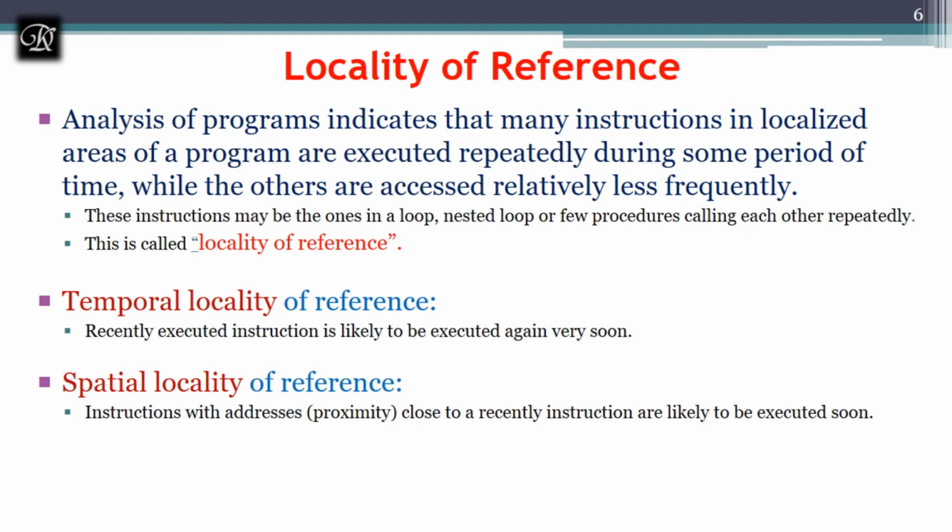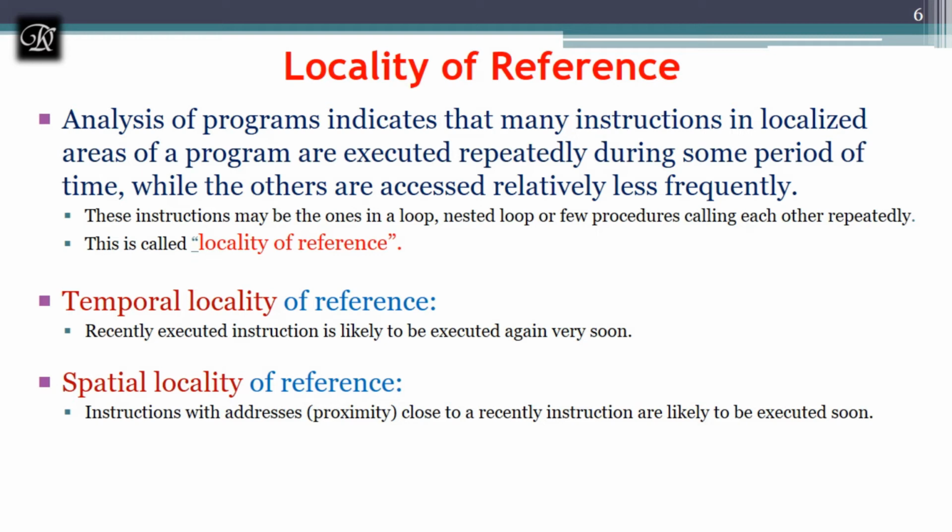For example, an array is the best example I can take. If I start with array index 0 to n, and I am at position i, then the nearby positions i plus 1, i plus 2, i plus 3 can be used immediately. That is what spatial locality says. But temporal locality concerns the previous ones: i minus 1, i minus 2, i minus 3. These can be used again, and that is what temporal locality tells. But spatial locality is going to predict that these can be used in the future, on demand.